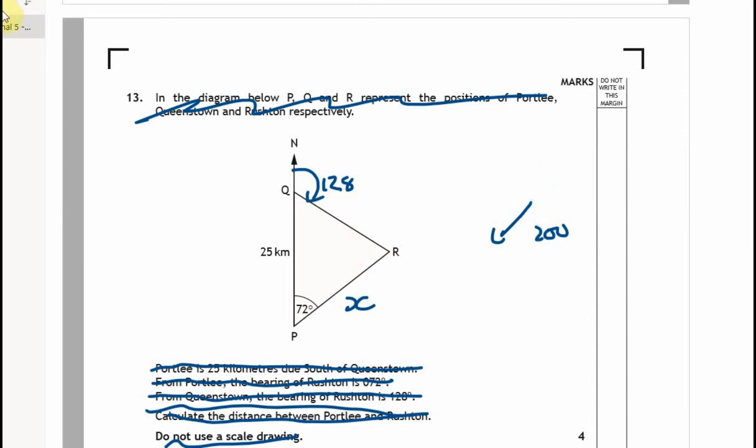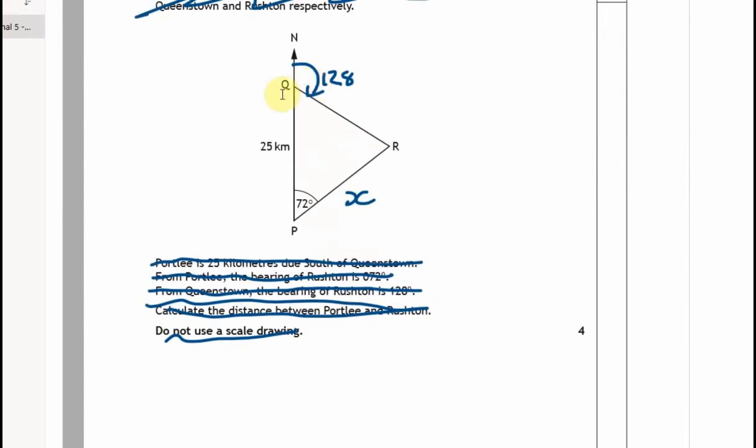So first of all, I think that was probably what they wanted us to do, is identify bearings. That's probably worth a mark, right? But yeah, we know 2 lengths and we know 1 angle. If we knew another angle, we could use the sine rule, couldn't we? Now, could we work out what this angle is in here? Absolutely we can, because we know that on a straight line, angles add up to 180. So this is going to give us 52, isn't it? So now we're in a position to use A over sine A